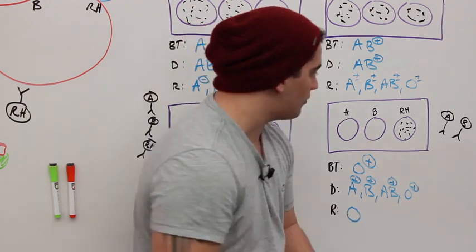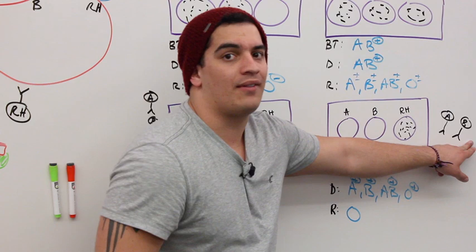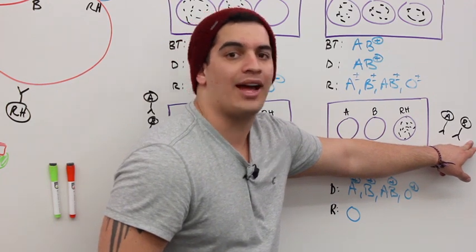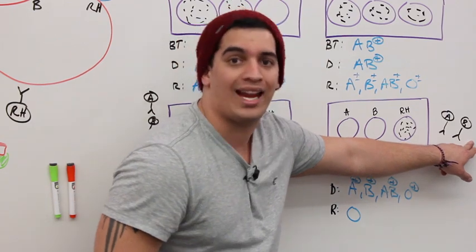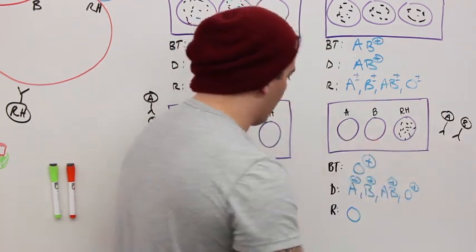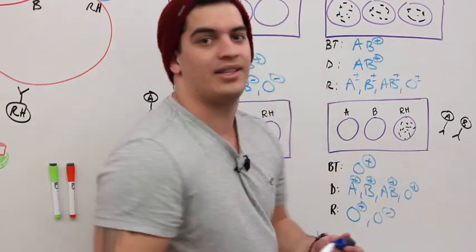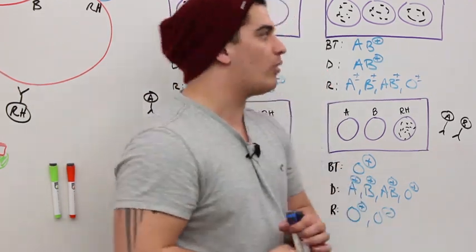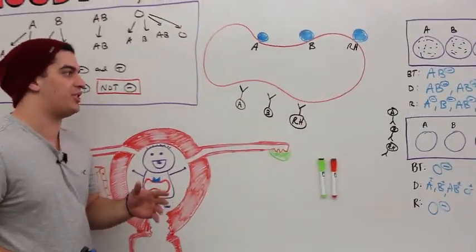But does this person have an Rh antibody? No. Because he doesn't have an Rh antibody, it does not matter what kind of blood you give him, whether you give him positive or negative, they don't have antibodies to attack it. So this person can receive from O positive or O negative. That's it. Now, before we finish up, I want to talk about one of the most dangerous mismatched transfusions, but